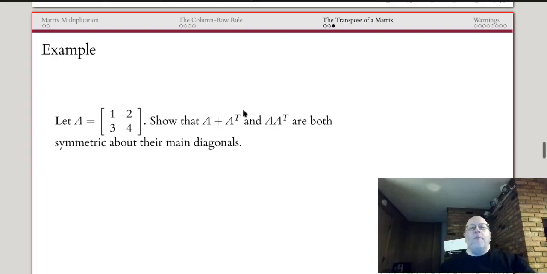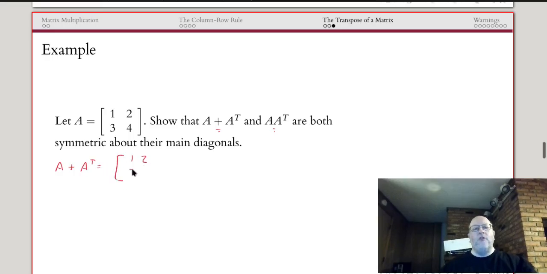One thing that we will make use of way in the future when we get to chapter 6 is that when we combine A and its transpose, either by addition or by multiplication, we always get a symmetric matrix. So let's show this. Matrix A is 1, 2, 3, 4. So then A plus A transpose